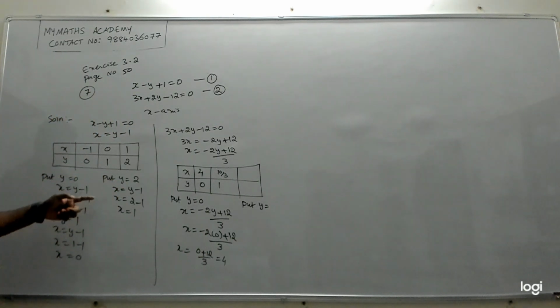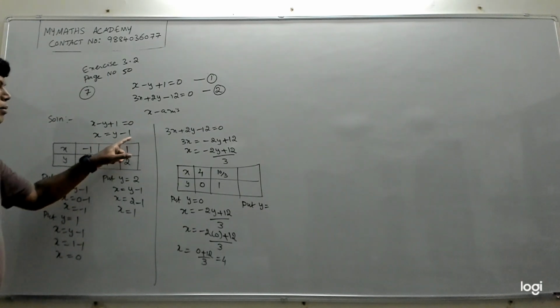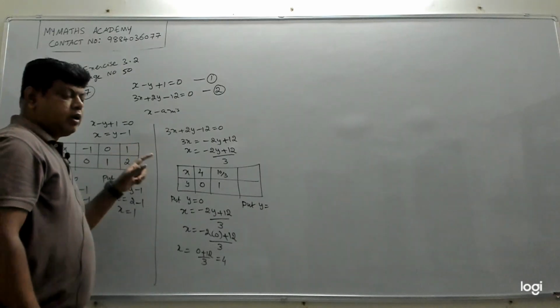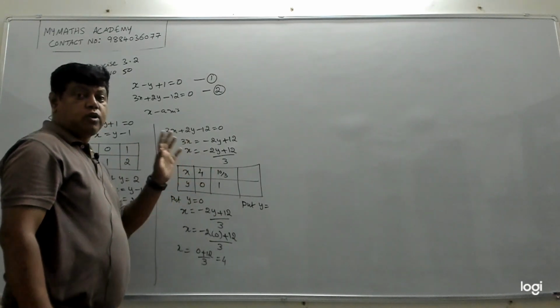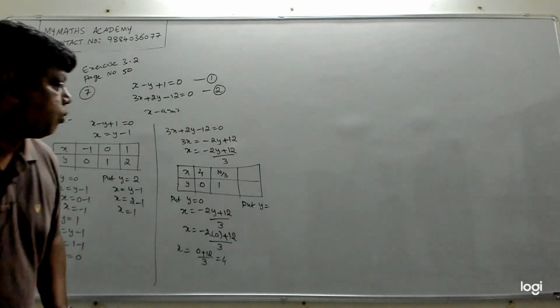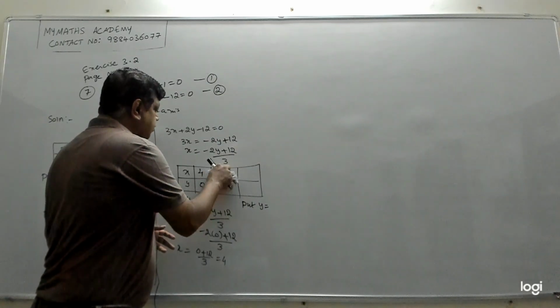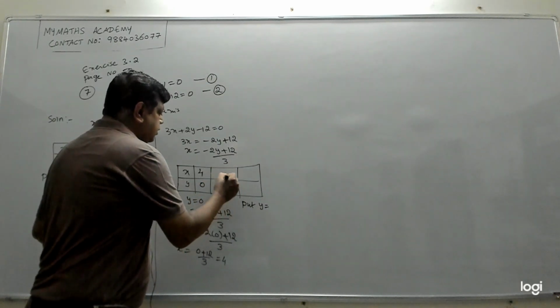Here that was working because there was no denominator. It was just x is equal to y minus 1. There was no denominator there. But here there is a denominator. Whenever you see a denominator, we have to be careful. In that case, y is equal to 1 will not work. Then how do we find which y will give me a nice x?